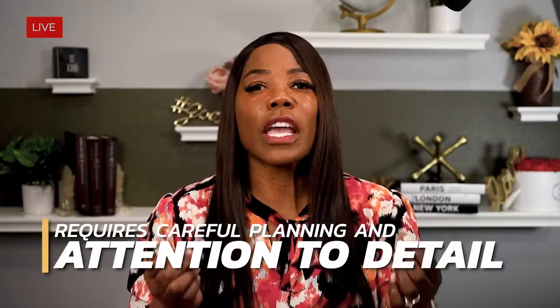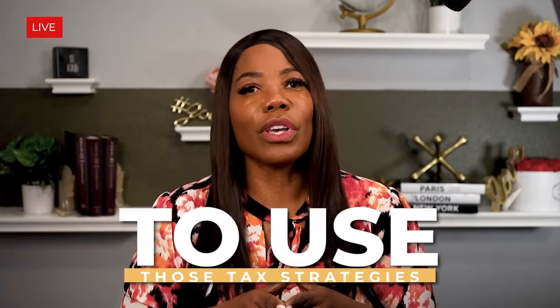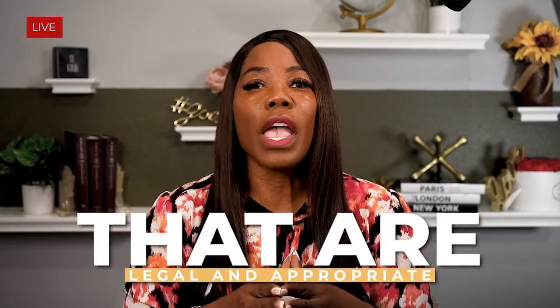Reducing a business tax liability requires careful planning and attention to all the details. But by utilizing tax credits, tax deductions, retirement plans, optimizing your entity structure, and taking advantage of your carryovers and your losses, and various things like that, you will reduce your tax bill while staying in compliance with the IRS, because we never want you to get into tax trouble, and we only want you to use those tax strategies that are legal and appropriate